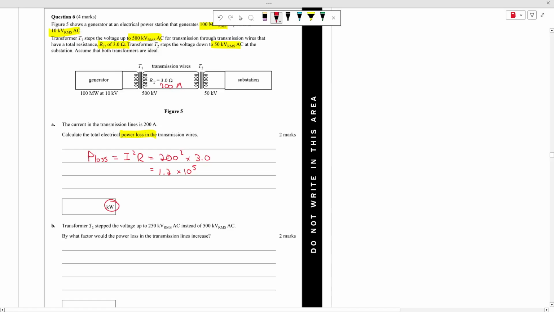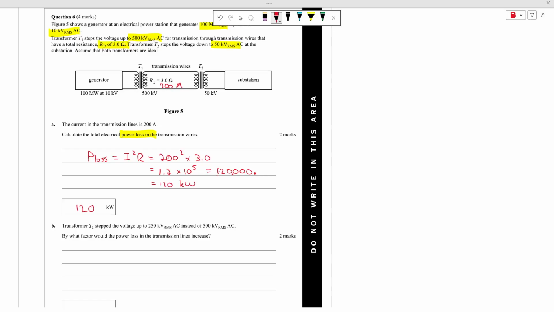But look at what the units are in the box. It wants it in kilowatts. Okay, so if I write this out in total, that's the same as 120,000 with a decimal point there. All right, and that kilowatts would be moving the decimal point to here and looking at this number on the left. So that's 120